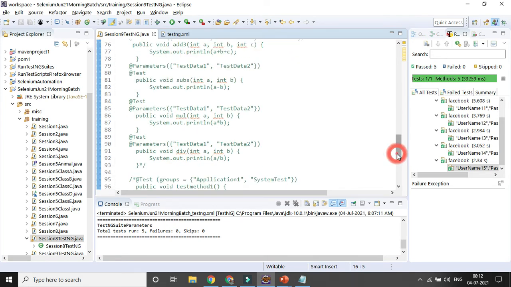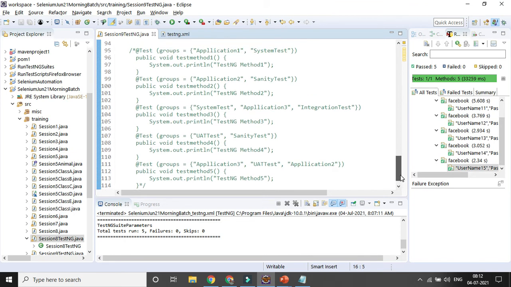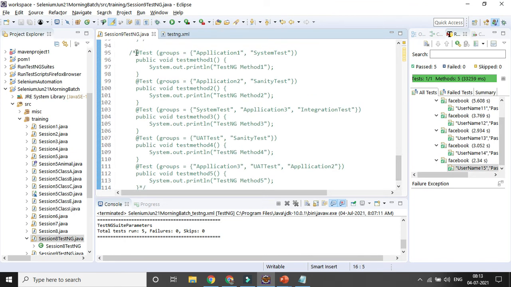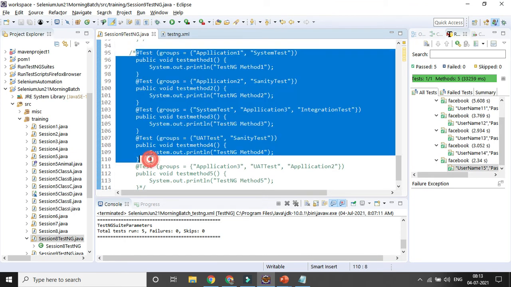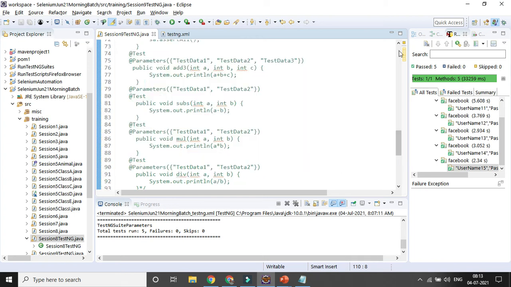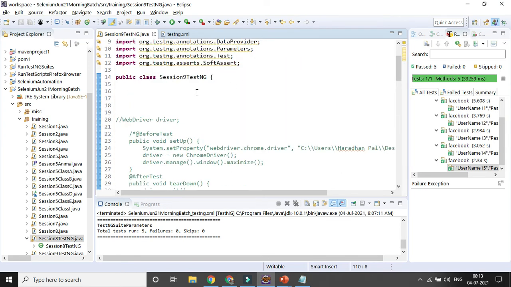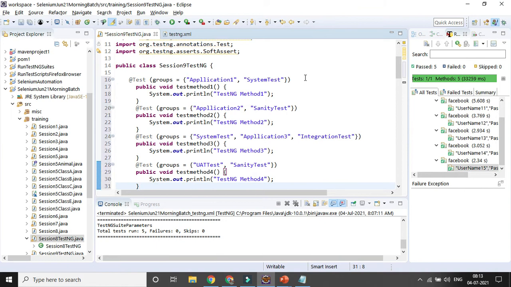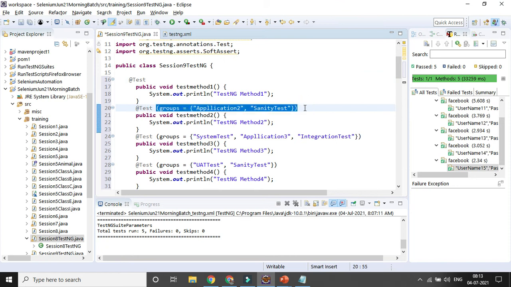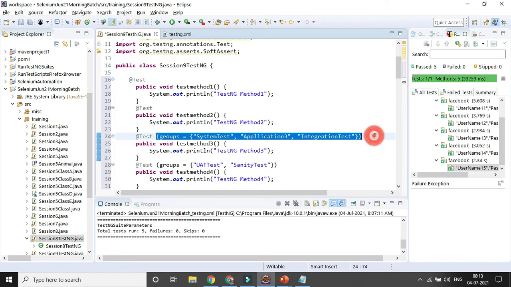Here I can create a few more methods. I am not writing anything new. So four methods. Here I can remove the group part, so I am not keeping the group part.